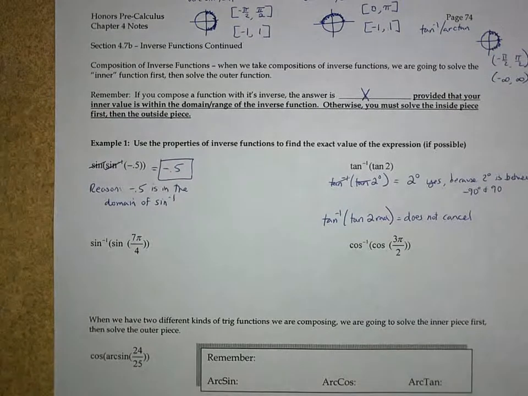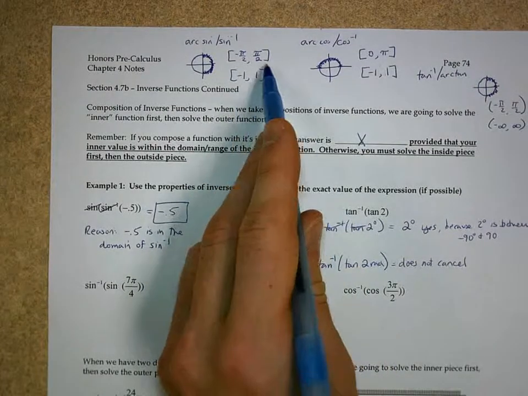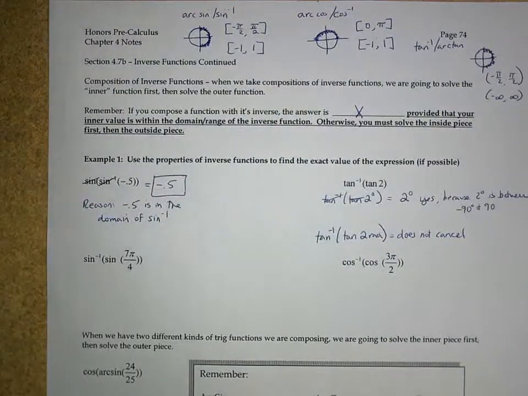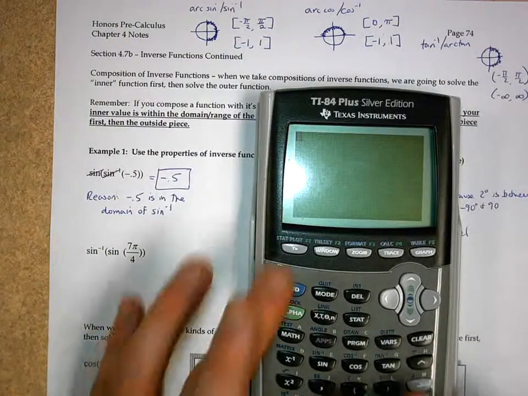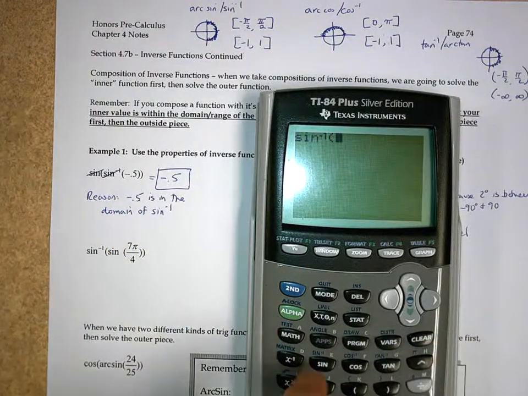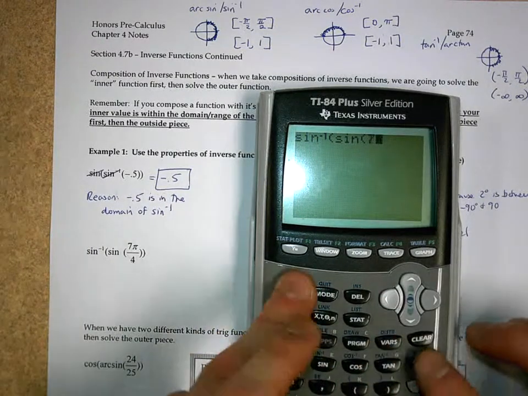The third one, the sine inverse of the sine of 7 pi over 4. Does this one cancel? And the answer is going to be no. It is not going to cancel. And the reason for that is the 7 pi over 4 is greater than negative pi over 2 or pi over 2. So let me plug that in really quickly. If I go to my radian mode, sine inverse of the sine of 7 pi